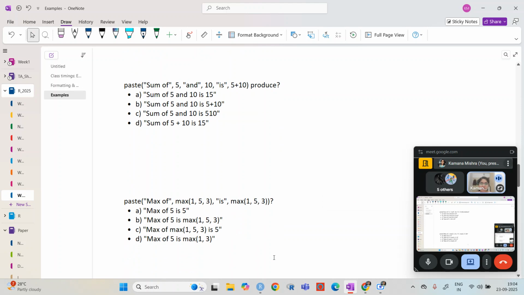Now the next is the sum of 5 and 10, which is 5 plus 10.